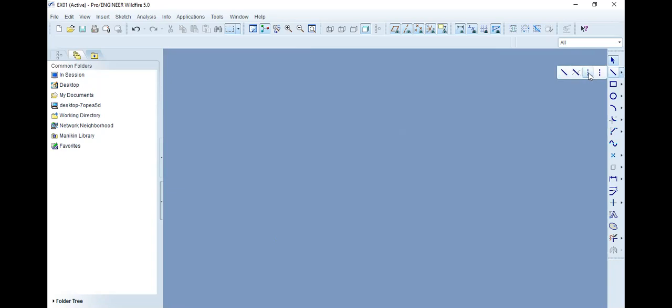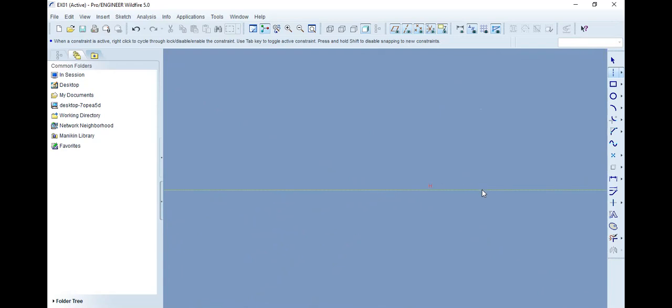So this one is the line tool, the center line tool. To create a center line, just select the center line, and once you select it, just click wherever you want to create it. Just click the first point. Then the center line will come. So now to fix the center line, we'll rotate and we'll make it horizontal.